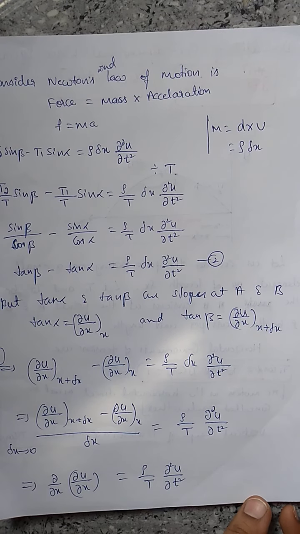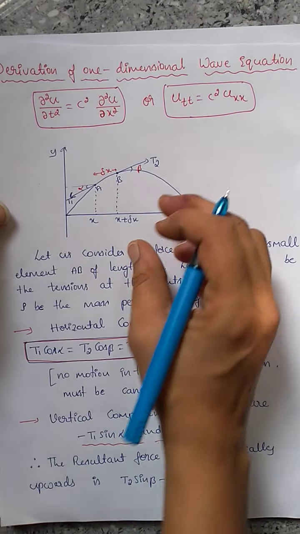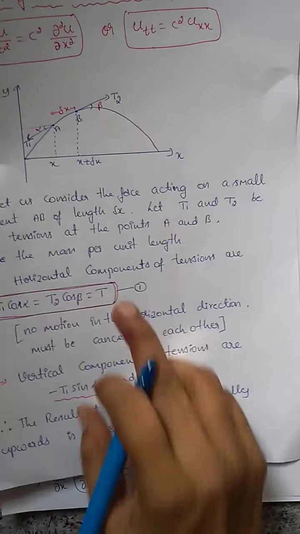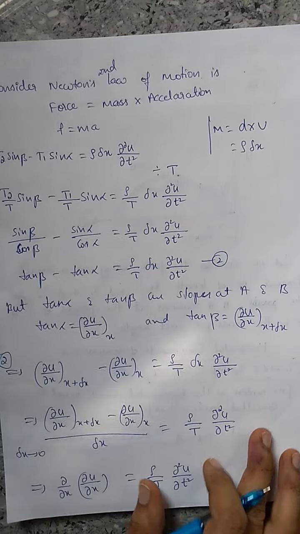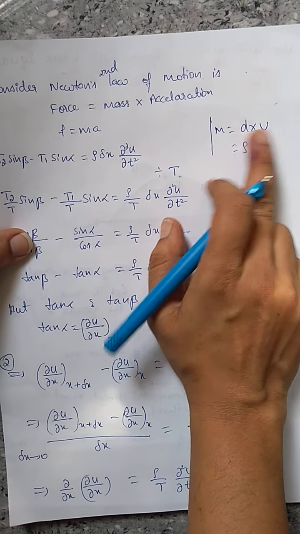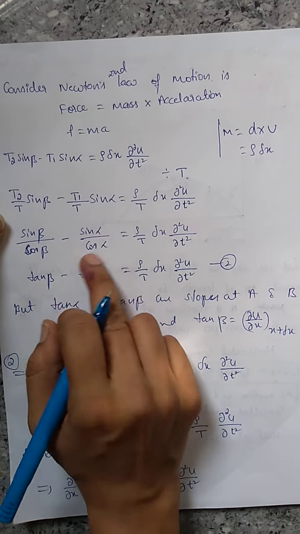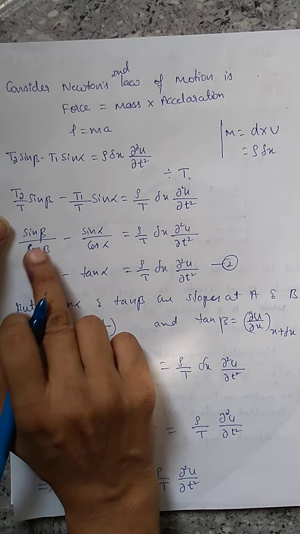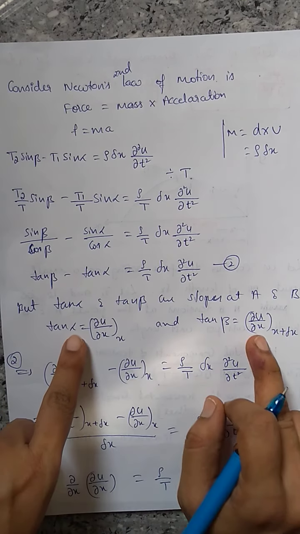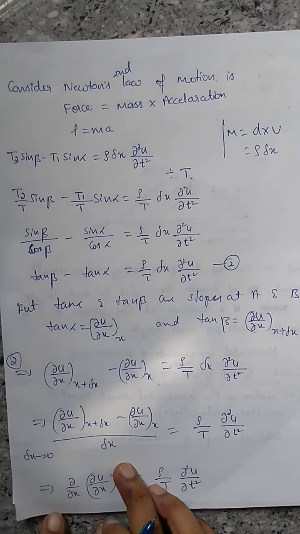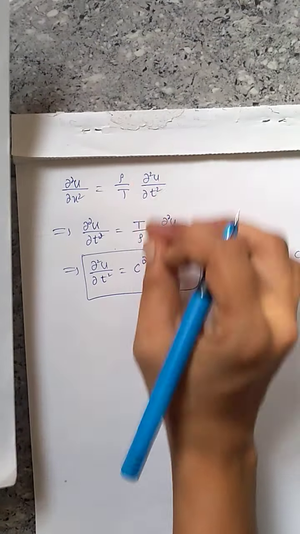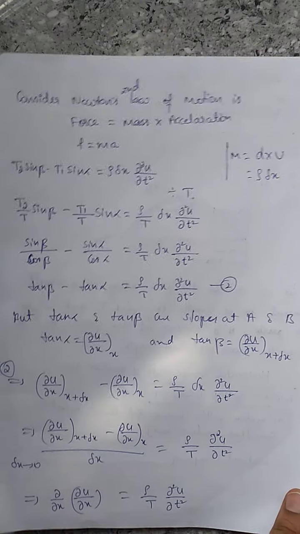This is a very important concept and a very easy concept. Okay, by using the vibration of a stretched string, small segment AB, I derived the one dimensional wave equation. Horizontal component, vertical component, I consider Newton's second law of motion, force is equal to mass into acceleration, F is equal to m into a, m is nothing but density into volume, substitution, and divide by T using relation 1, equation 1, take substitution, 1 by cos beta, 1 by sin alpha, tan, and this is nothing but tan beta, tan alpha, nothing but slope, formula substitution, delta x transferred this side. This is the basic formula for the partial differential equation. Okay, then the last 3 steps are simplification. That's all. Okay, thank you.